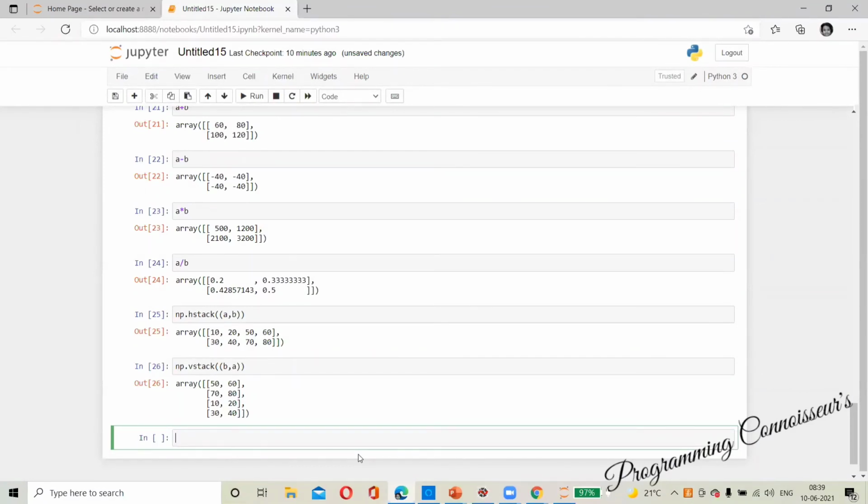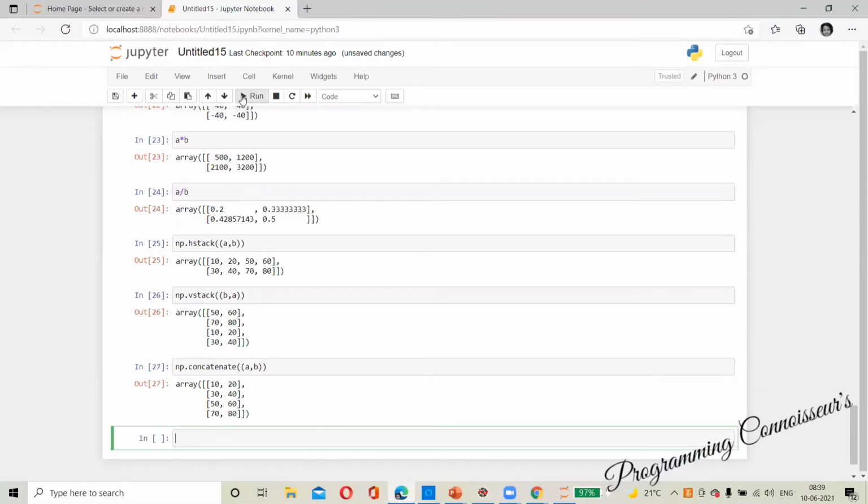So I want to concat both. What do you say? np dot concatenate of A comma B. So now if I run this, I have concatenated both the arrays.